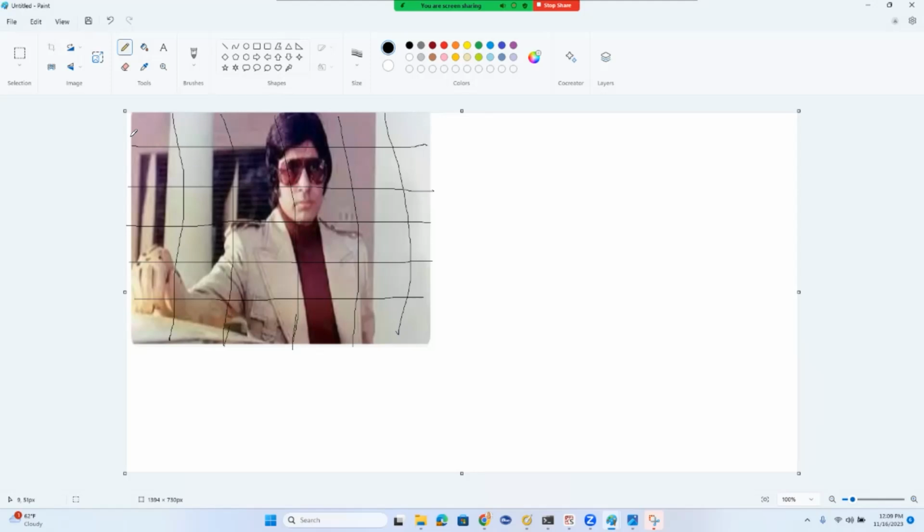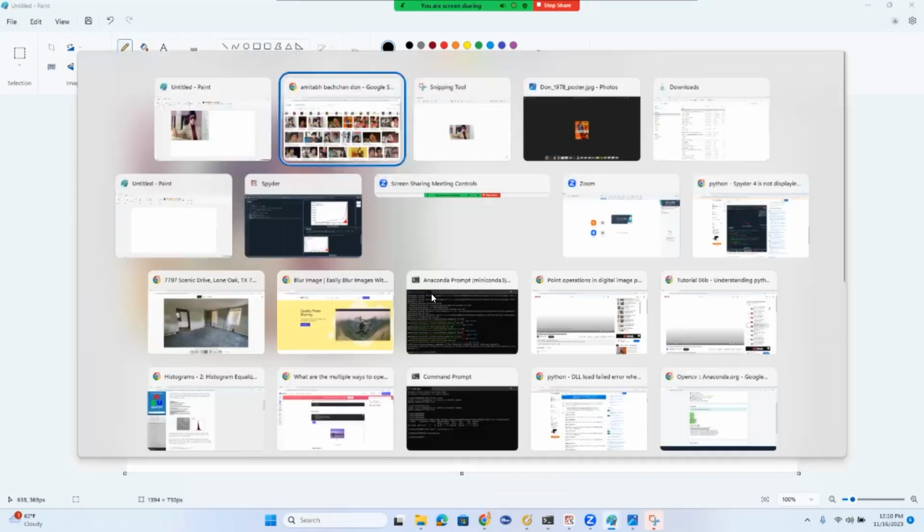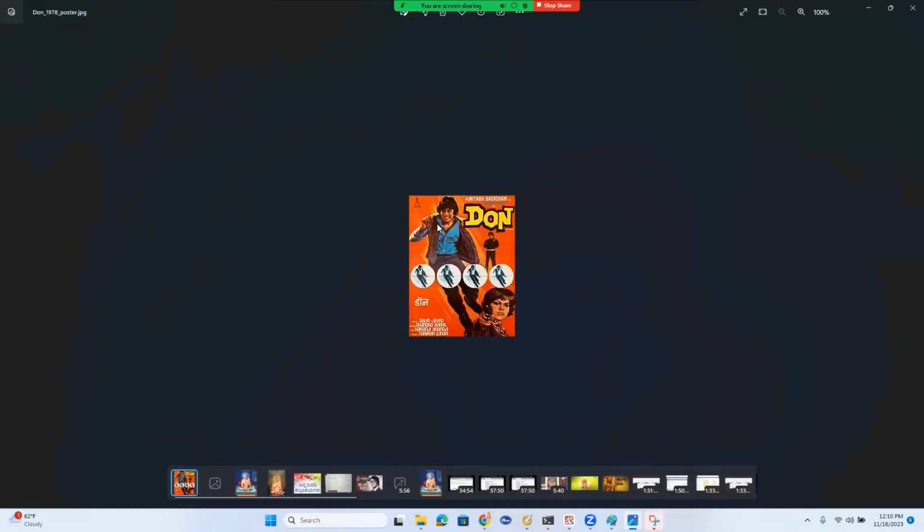Now, what the artist is going to do is paint each of these squares, right? And when he paints each of these squares, he's going to assemble them. And when he assembles them, he gets something like what we are talking about. So this is the way the painting was done in earlier days, rather than making a poster. But